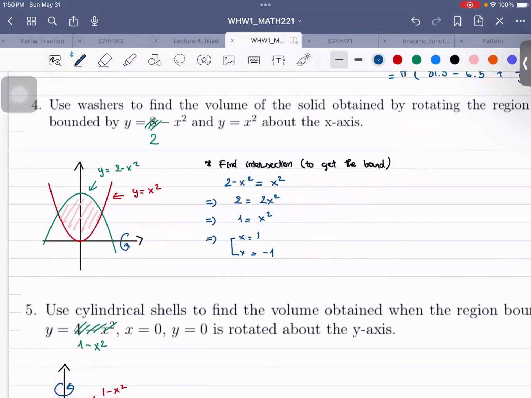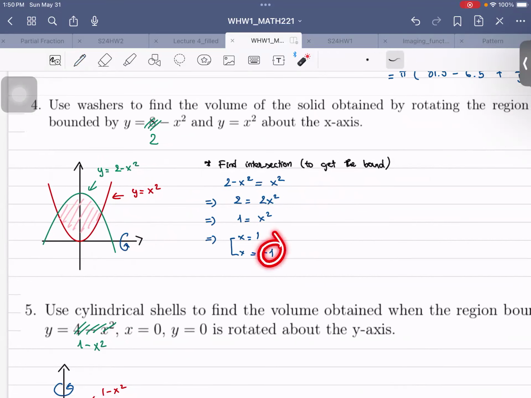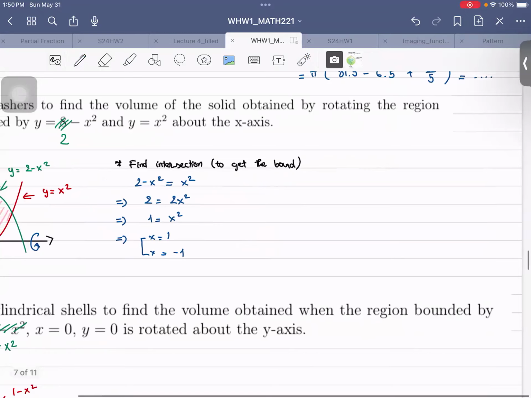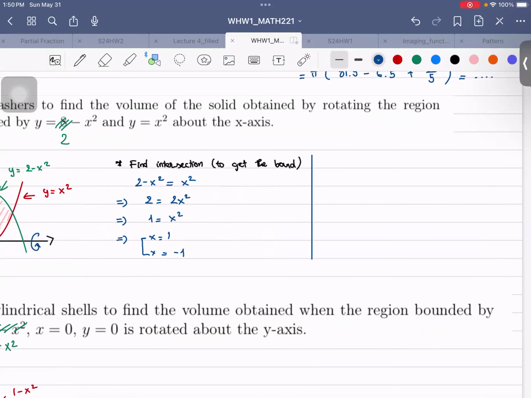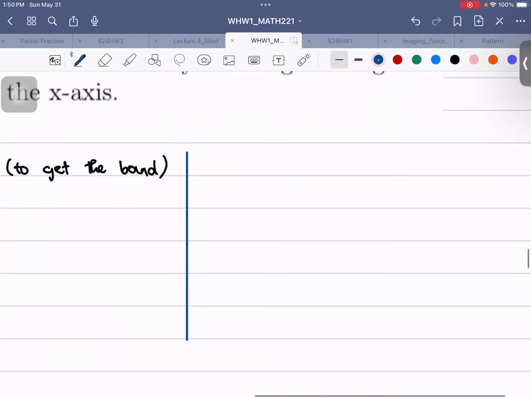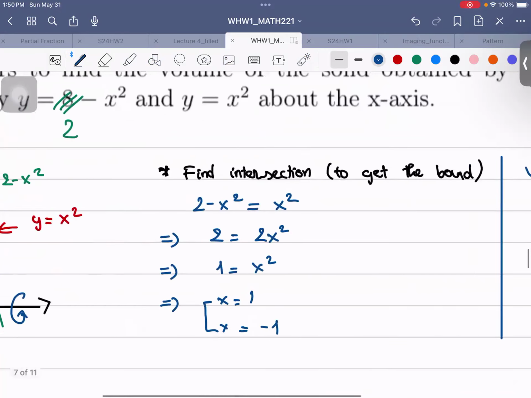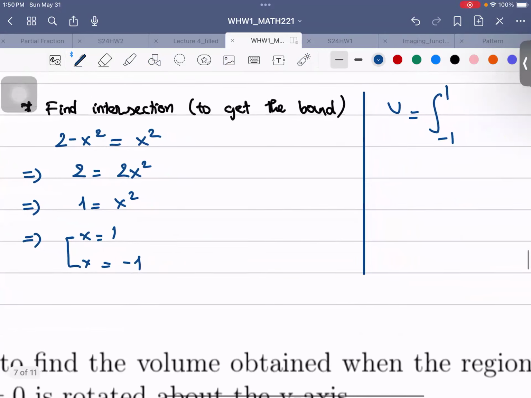Okay, so negative 1 will be the lower bound and 1 will be the upper bound. So we can now start writing the formulation for the volume. The volume is the integral from negative 1 to 1, because the lower bound is negative 1 and the